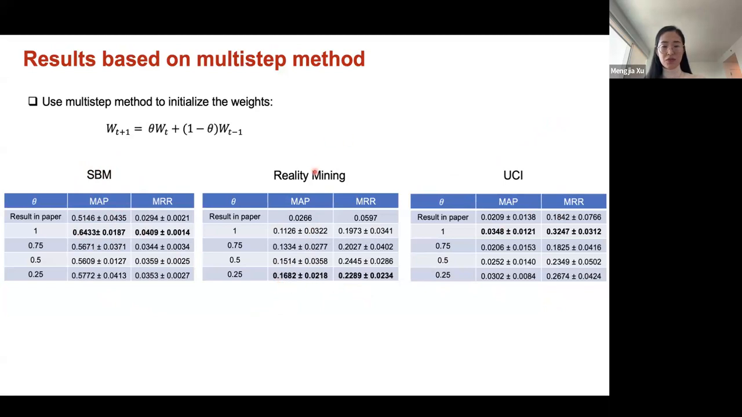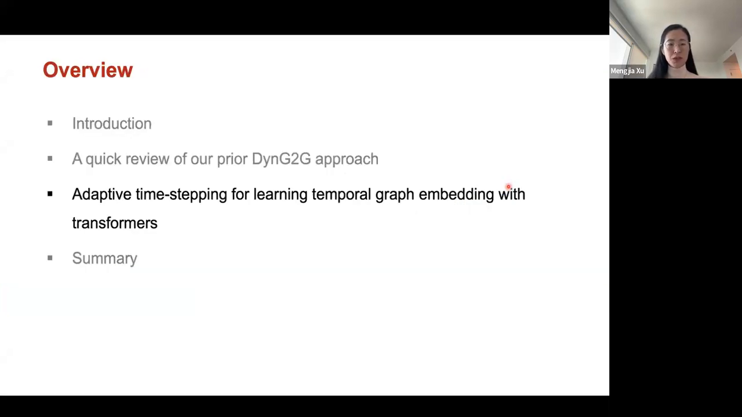But on these 2 benchmarks, the multi-step method actually shows better results. But on UCI, why doesn't it show better results? Because it's very highly dynamic. This is a very difficult benchmark. So based on this motivation, and since transformers are very powerful in capturing long-term dependency,